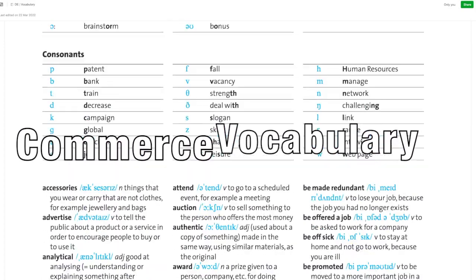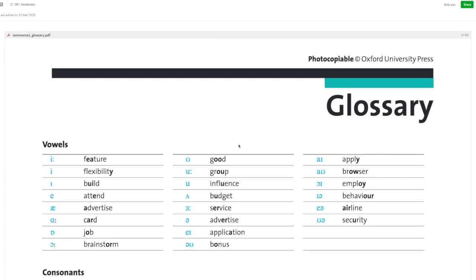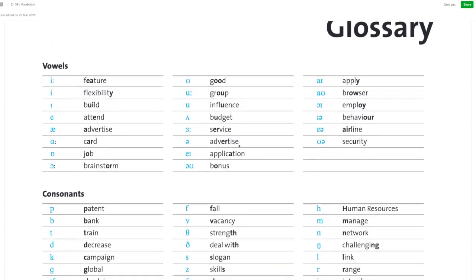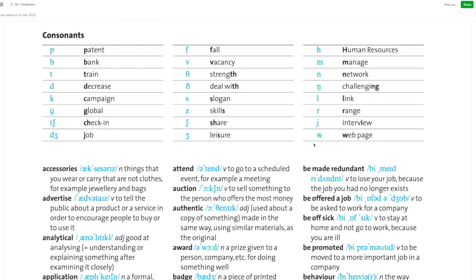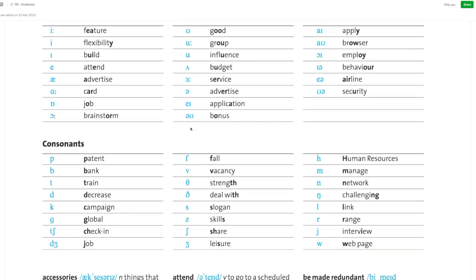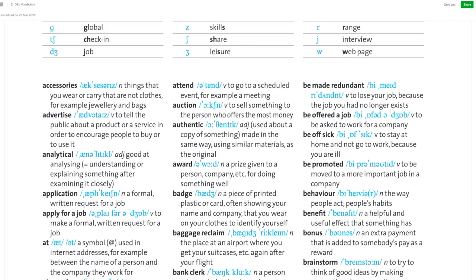Okay, so here we have a glossary of commerce terms, and we start here with the vowels, and as you can see here, I, I, E, A. These are some of the vowel sounds, and the diphthongs, where you have two vowel sounds together. This is the phonetic alphabet. The consonants are usually a lot easier, and then you can see we have a list of words that are